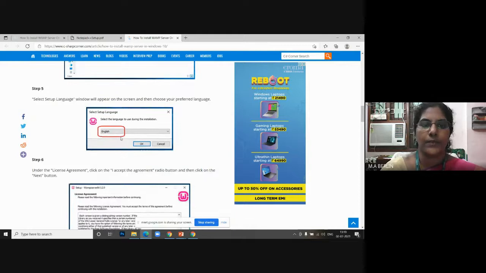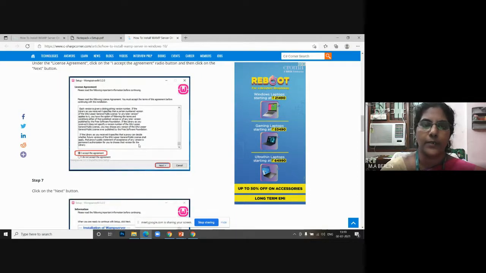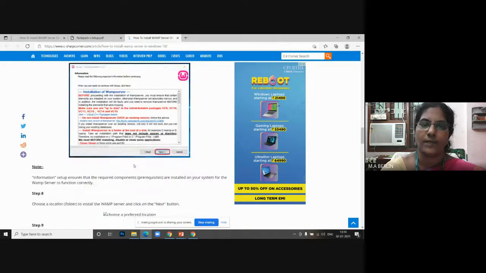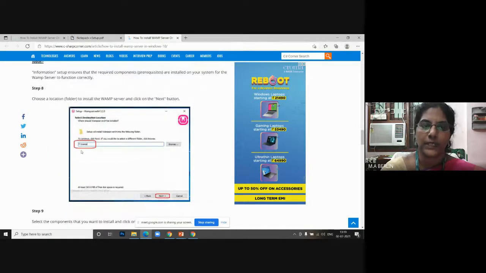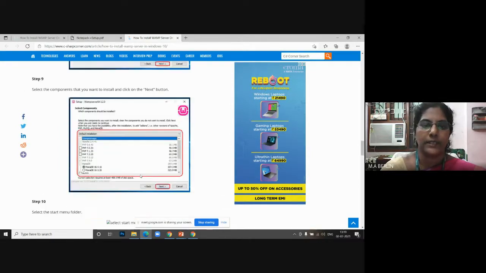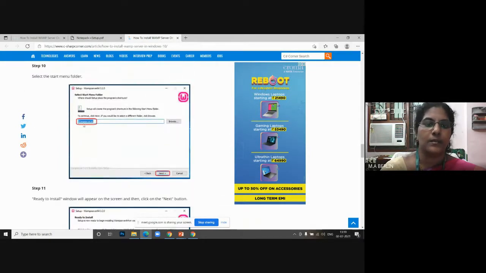Then your preferable language is English, so click OK. Then we need to agree to the license. I accept the license and click next. Click simply next. Then select the folder to locate the WAMP server executable file and click next. Then click next. Again, here one folder will be created. As I told earlier, the WAMP server 64-bit link is clicked, so it supports the 64-bit processor.